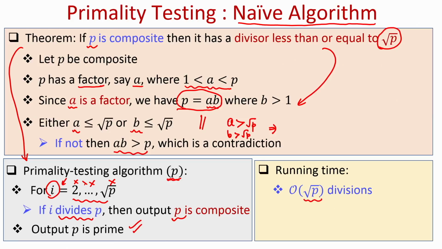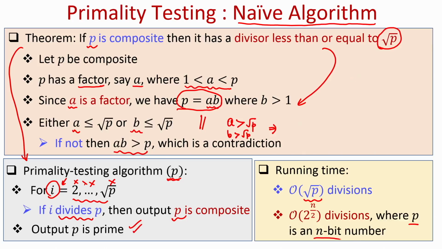You might be wondering whether this is a polynomial time algorithm, but that is not the case. Imagine p is represented by an n bit number. Then the magnitude of square root of p will be 2 to the power n over 2, because p could be as large as 2 to the power n. So, it might look like a polynomial time algorithm, but it is not. It is an exponential time algorithm,